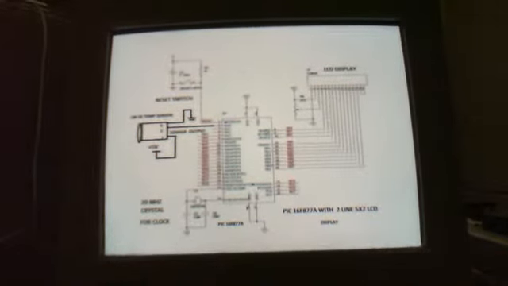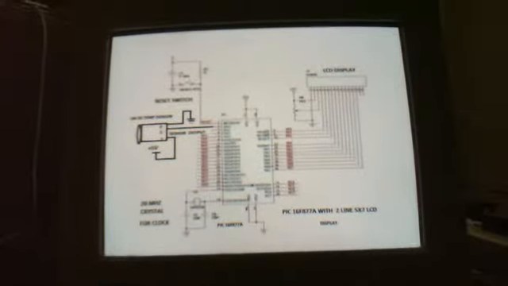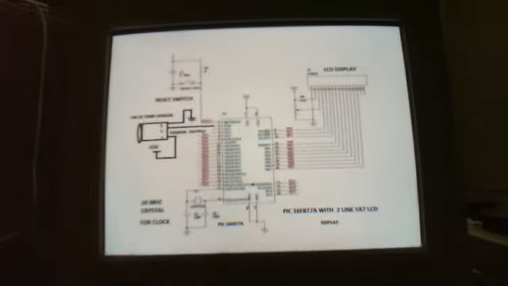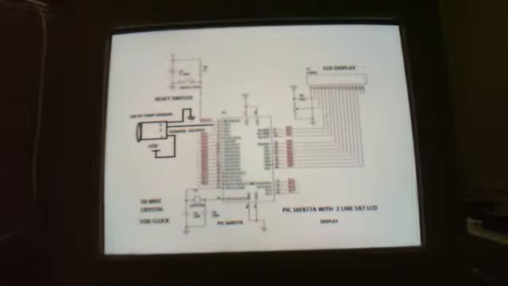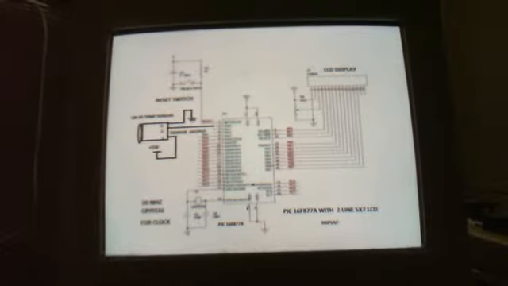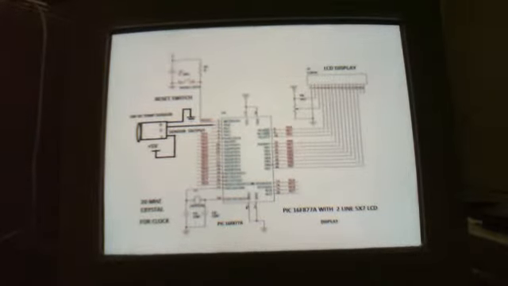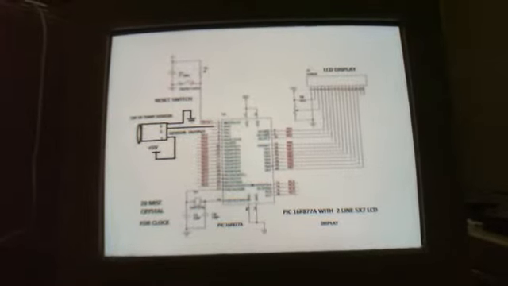Then VDD is pin number 11 and 32, and VSS ground is pin number 12 and 31. So it's clearly given in the circuit. And clock crystal oscillator, you can connect a crystal oscillator from 4 MHz to maximum 20 MHz. See, if you connect 4 MHz, then the microcontroller will work in normal speed, that is XT. If you are connecting above 4 MHz, 10 MHz, 16 MHz, 20 MHz, then it comes under HS, high speed mode.